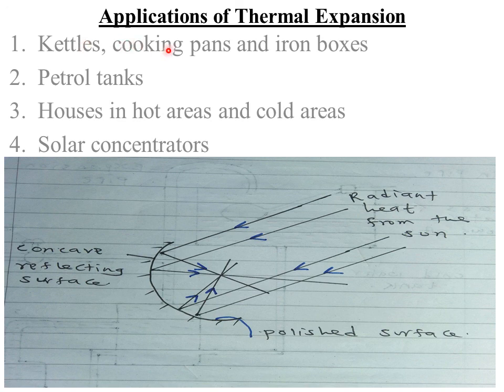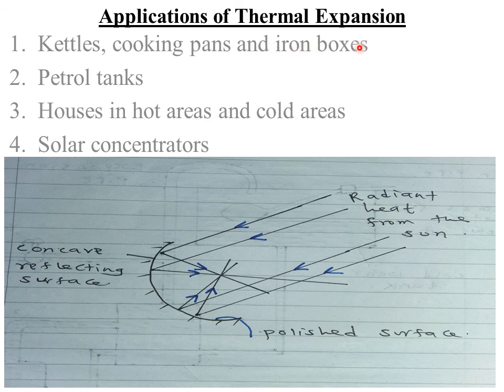Cooking pans, in a similar way. Cooking pans, these are the ones that are used to cover the cooking, for example, what we call the sufurias. The tops are usually made of shiny materials. In most cases, it is usually white. This is so that whenever heat tries to escape from the food or the boiling water, it is reflected back by the cooking pans, which are shiny, thereby preventing heat loss through radiation. So this enables the food or even the boiling water to get boiled faster.